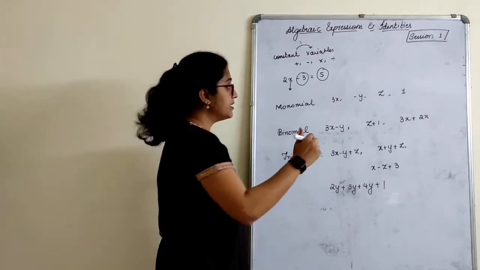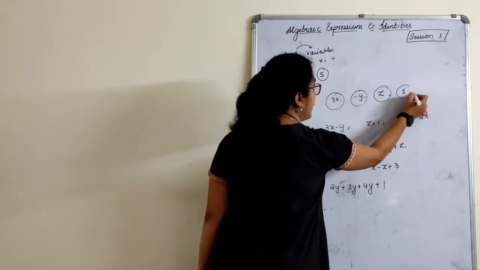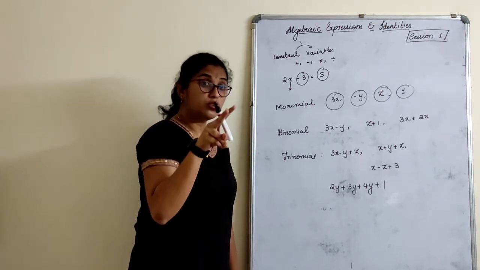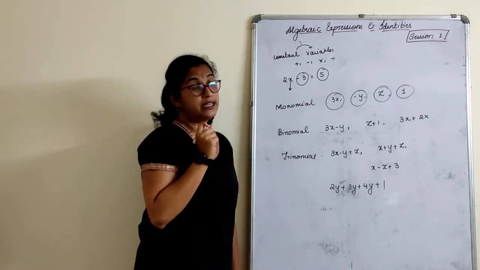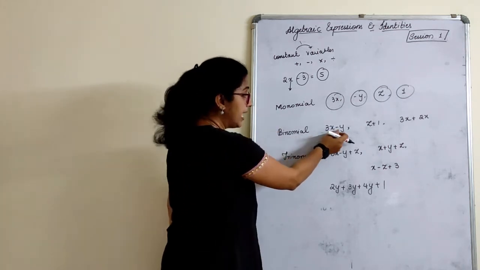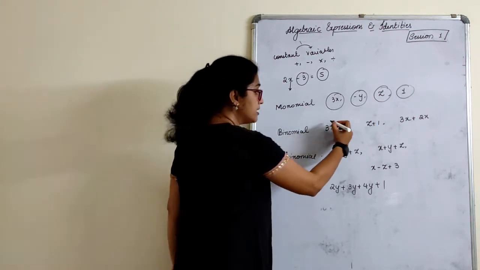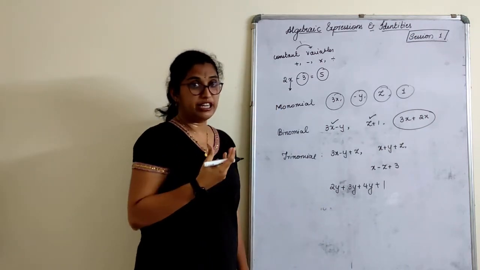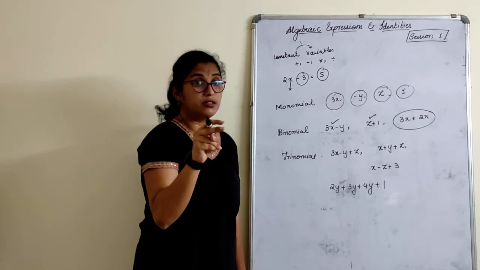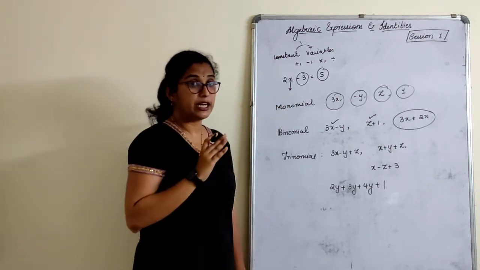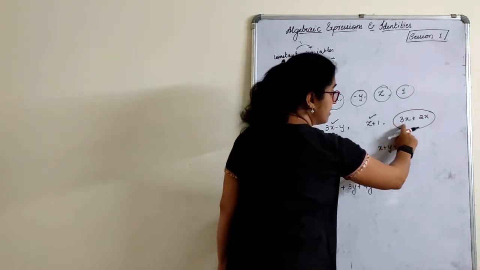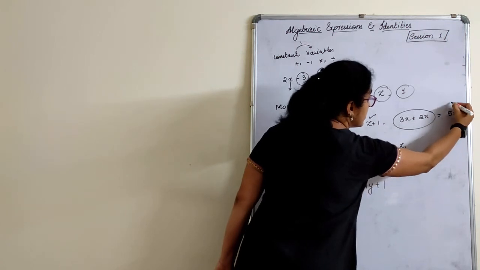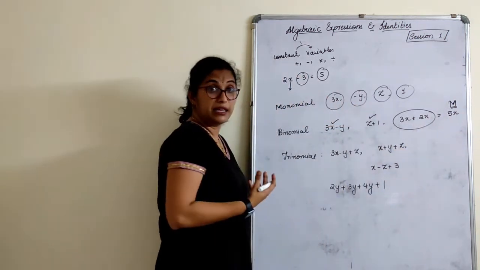An algebraic expression containing one term, this is one term, and this, and this, is called a monomial. An algebraic expression containing two terms separated by plus or minus is called a binomial. See here, either plus is there or minus is there. So this is a binomial, and this is a binomial. What about this? According to my definition, an algebraic expression containing two terms separated by plus or minus is a binomial, right? But if I add 3x and 2x, like terms, what will I get? 5x, where 5x is a monomial. How can it be a binomial?